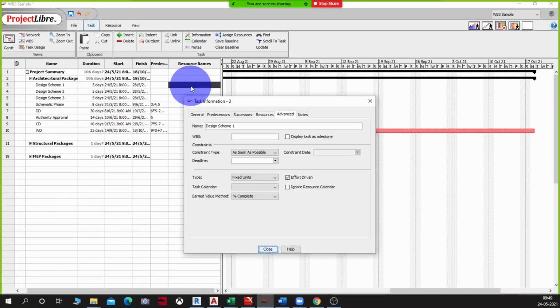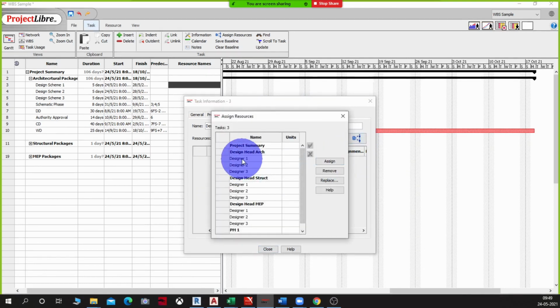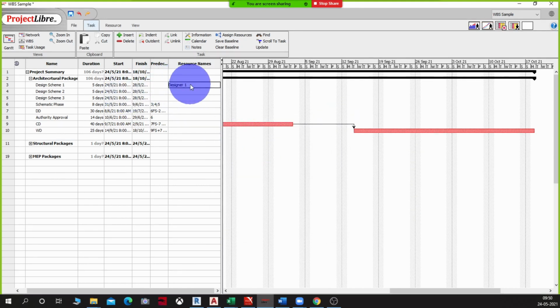Oh, sorry. I'll double click, I'll come to resources, and here under resources I'll put the first designer and I'll assign this person with this work. I'll say close. Okay, so designer 1 is assigned this workload.